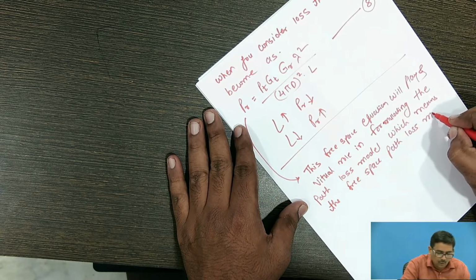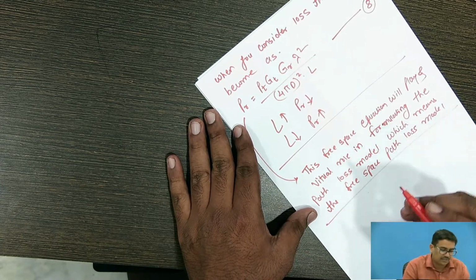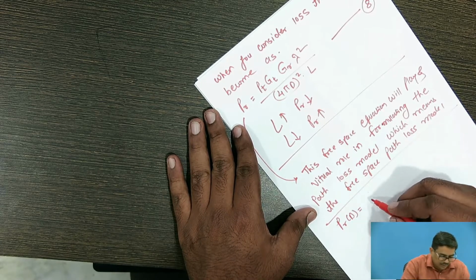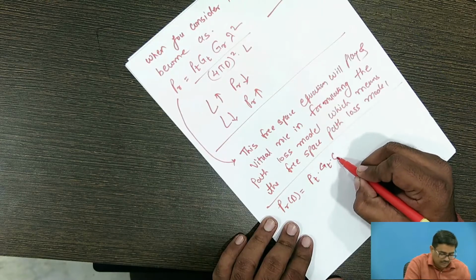Okay, so now this equation number 8 becomes as PR is equal to PT into GT into GR